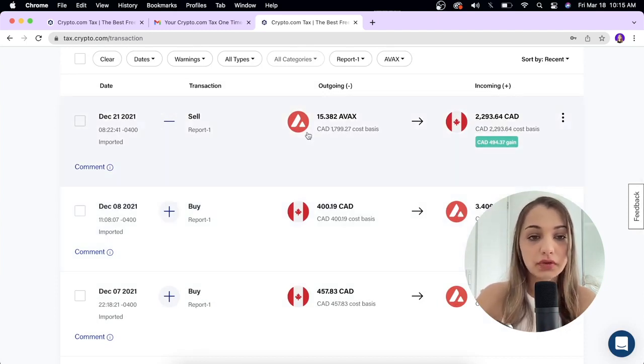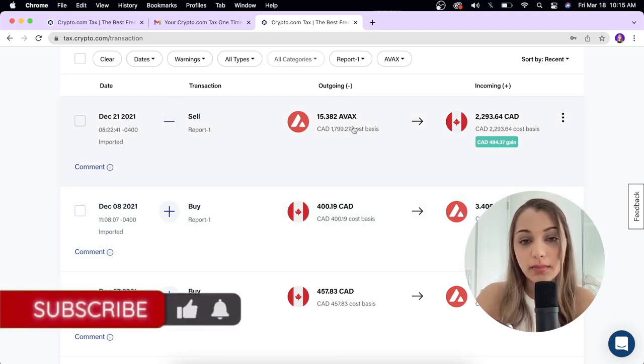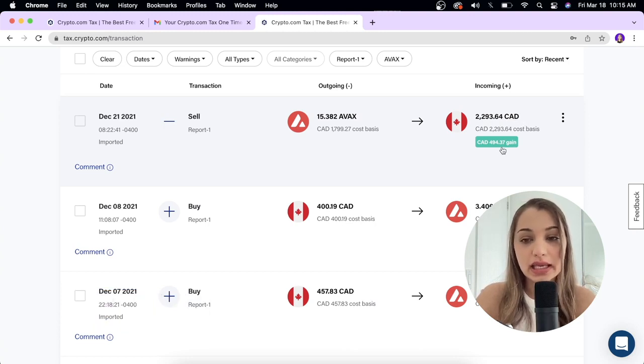throughout the year. So for instance, on December 21st, 2021, I sold my 15.382 AVAX token, and I received 2,293.64 CAD. So that gives me a gain of $494.37. So that's just a simple overview of different transactions, and just a nice way to see the profit and